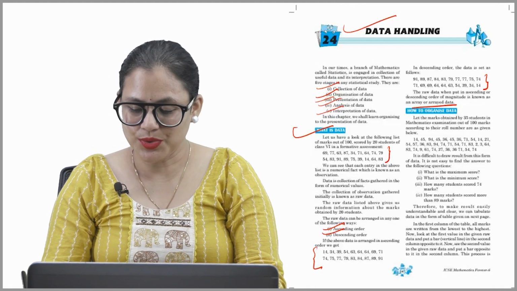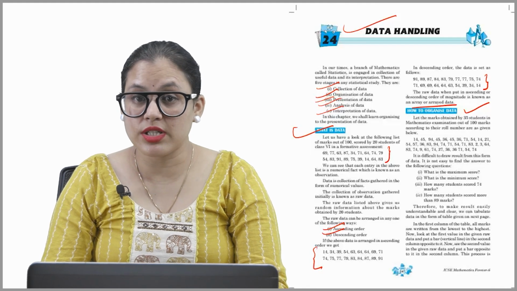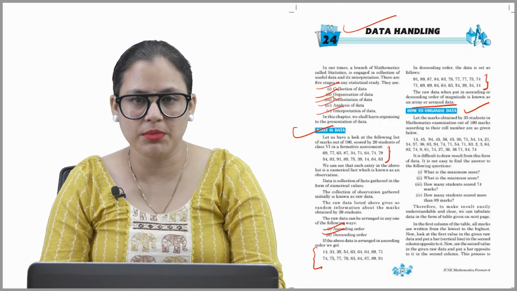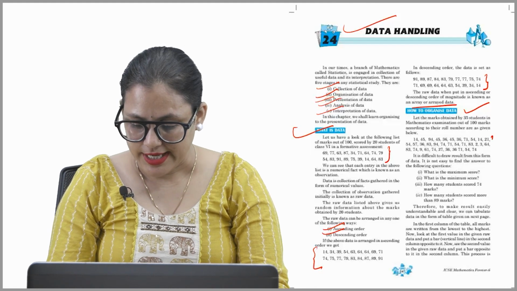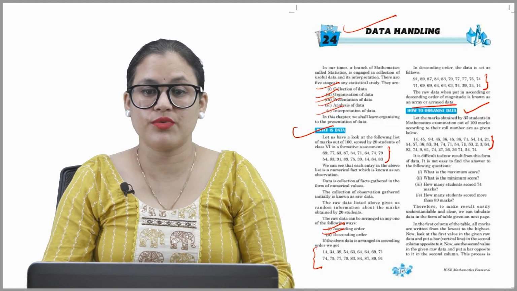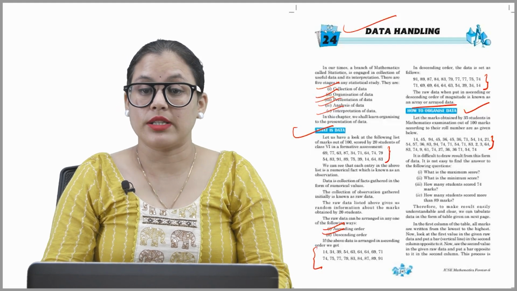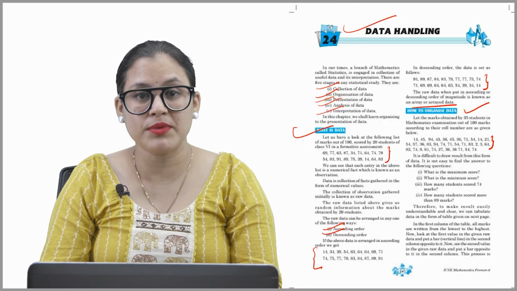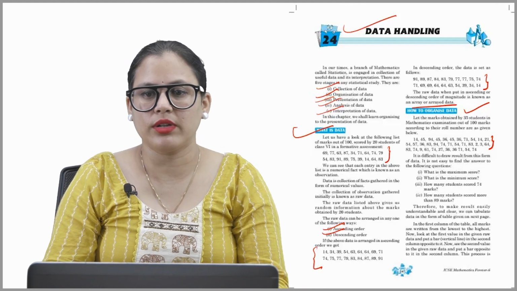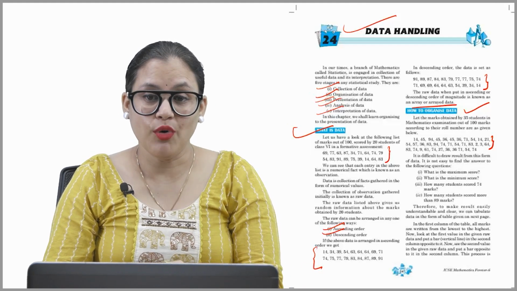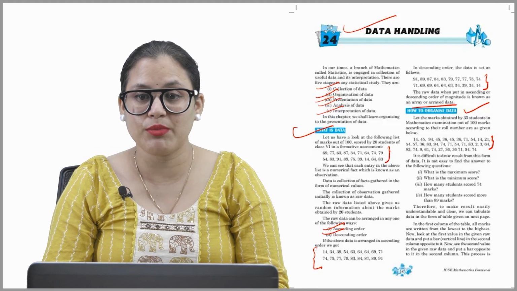Okay, how to organize data? Let the marks obtained by 35 students in mathematics examination out of 100 marks according to their roll number be as given below. It is difficult to draw a result from this form of data. It is not easy to find the answer to the following questions. That is, what is the maximum score, what is the minimum score, how many students scored 74 marks, and how many students scored more than 89 marks. So therefore, to make a result easily understandable and clear, we can tabulate data in the form of table